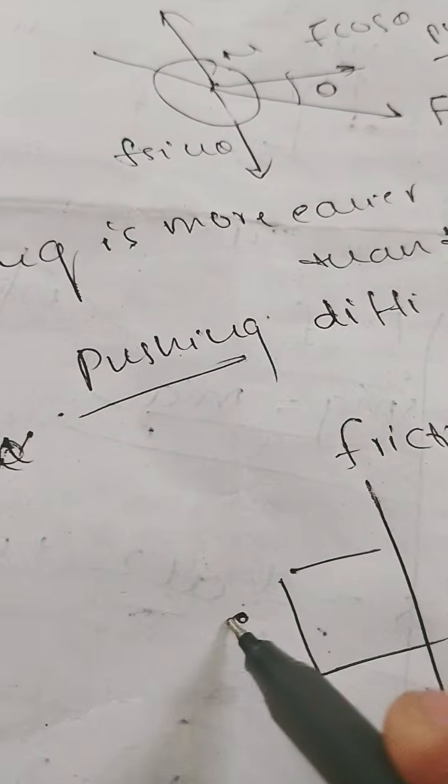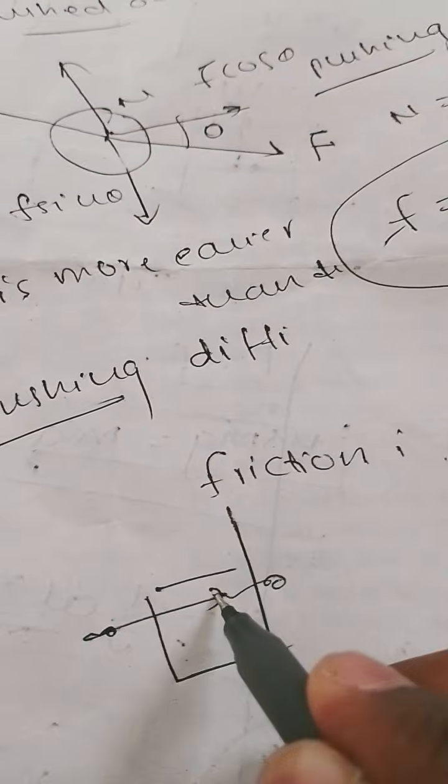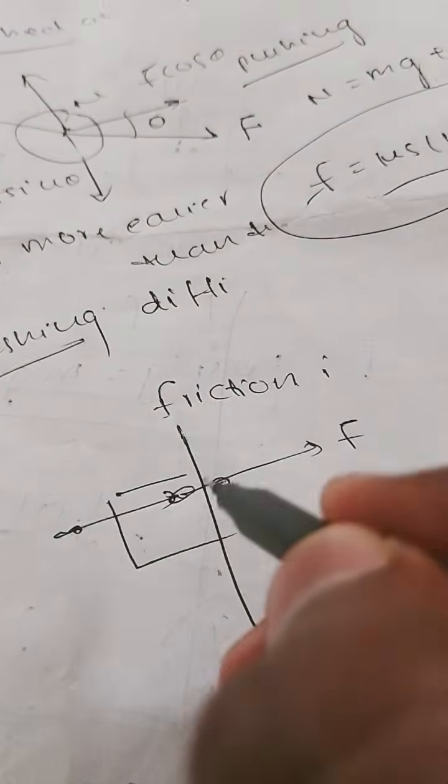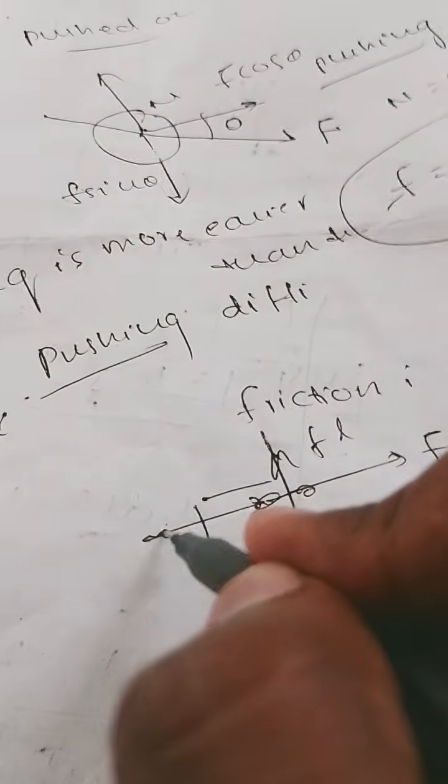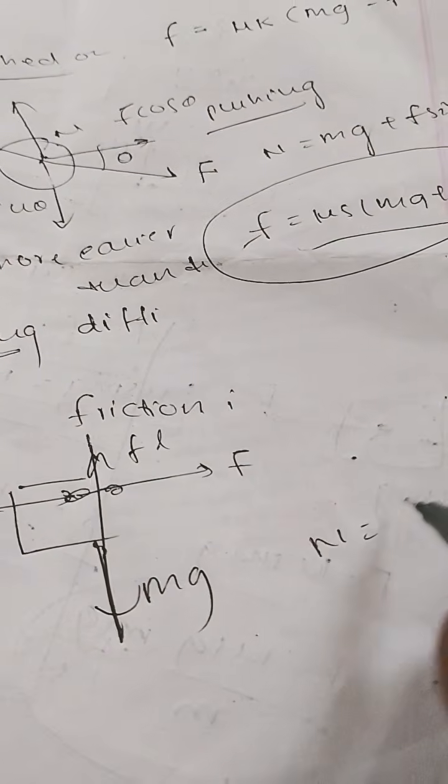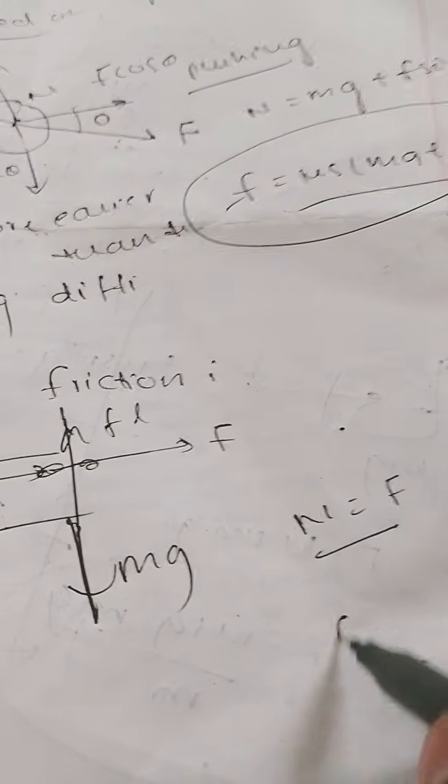Suppose a body of mass m, and a force F is applied against the wall to make the block stand against the wall. Here mg is acting downward and the frictional force is in the upward direction. The normal force is perpendicular to the wall. From this we can write the normal force is equal to F, and as the body should not move,